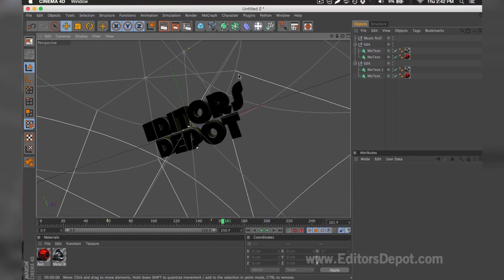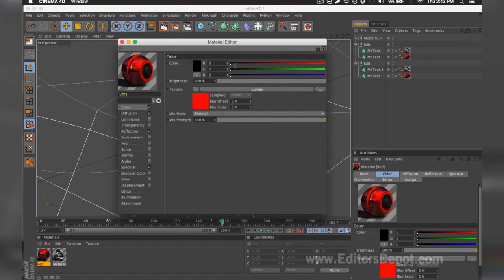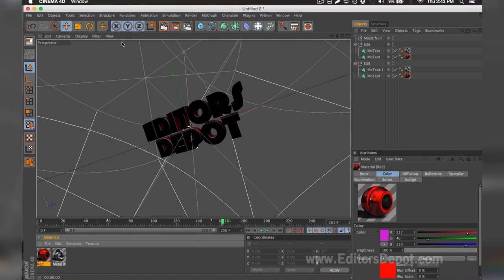I'm 100% happy with the colors because it's red and Editors Depot is red, but if you're not happy with the colors, you can simply come down below, double click it, and make any modifications you wish, whether it's make it green, make it blue, or blend it all together and make a little purple. I'm going to go ahead and keep it this way,